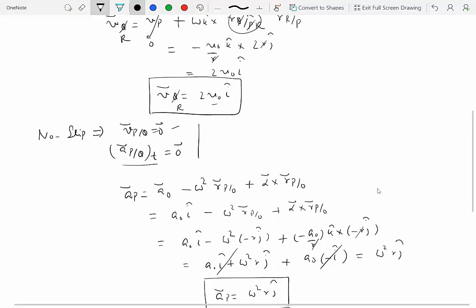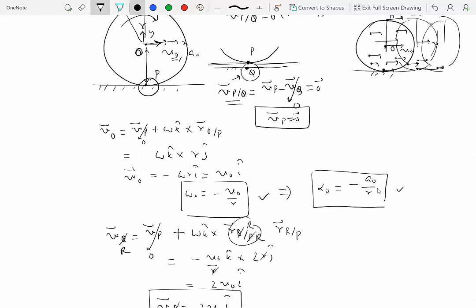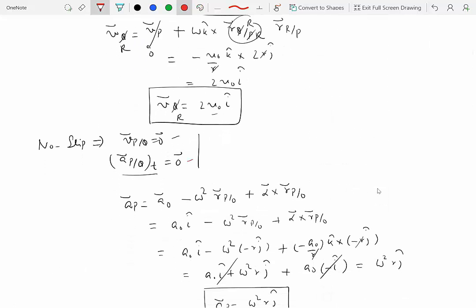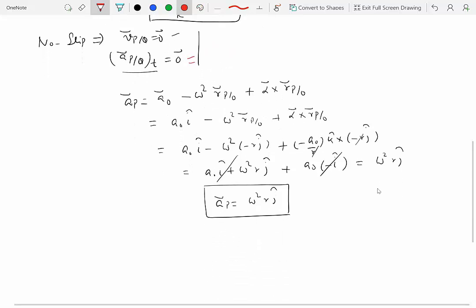So what this is saying is that the acceleration of the point P over here has a component only along this direction, right? There is no component of acceleration of P along tangential direction, and that matches with what we were saying over here, which says that there is no tangential direction acceleration of point P, right? Because tangential direction acceleration would be same as the acceleration of the point Q, and the point Q is on the ground, which means that acceleration would be 0, right? If we found a component of i hat over here, then that would be a problem. Okay, so now we know how to compute the velocity and acceleration of a point on a wheel that is rolling without slip.